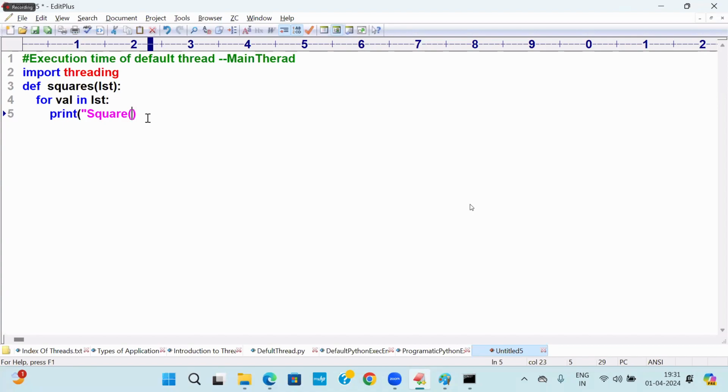Square of, I'm writing here. Thread name, I am writing. And the square of value is equal to, I am writing like this: format of threading.current_thread, I'm printing the thread name, comma,